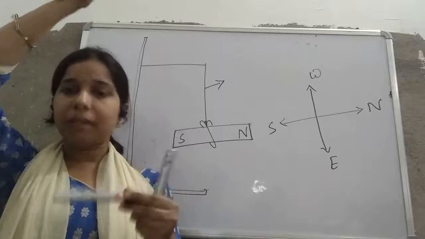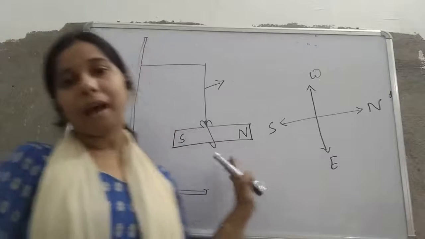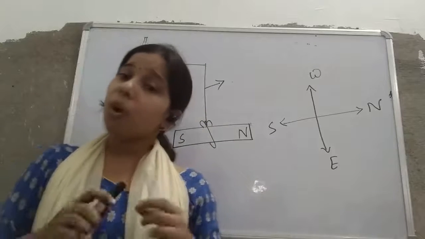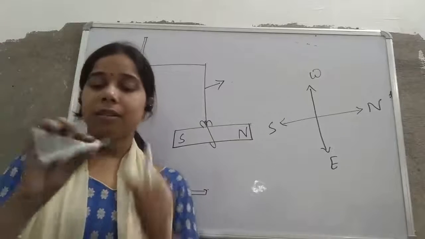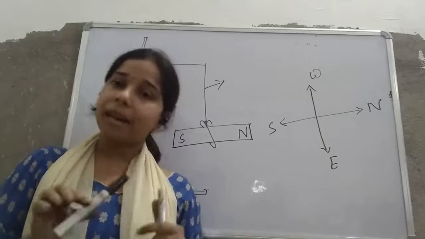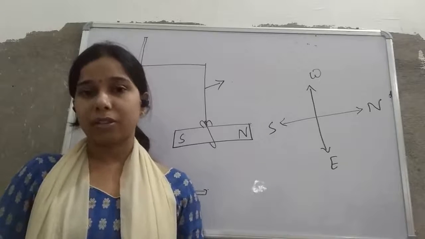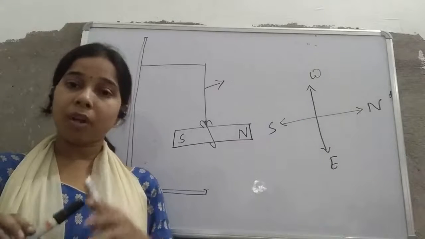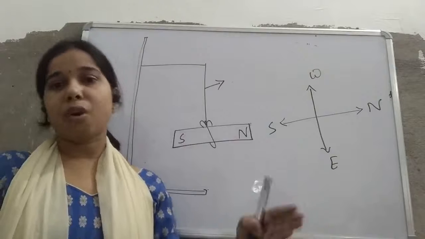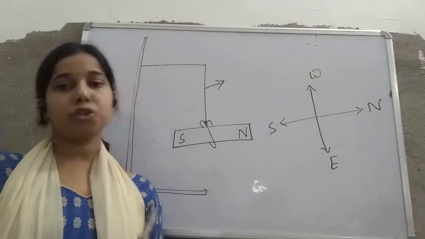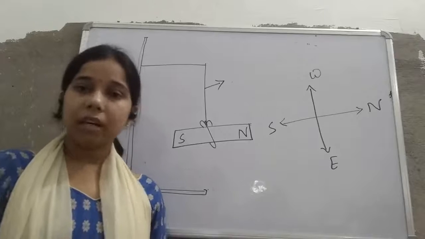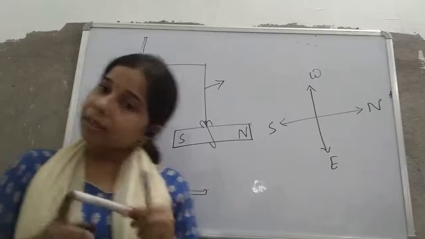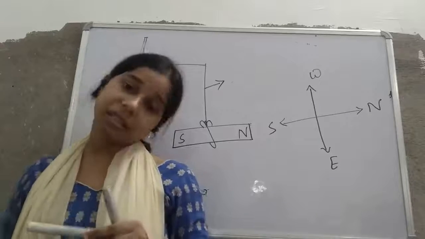Okay, without disturbing it. So when you suspend this bar magnet freely, tied with a string, with a thread, you will always see that this magnet aligns itself in the north and south direction. So one end of the magnet shows the north. It means it will always align in the north direction of the earth, and that end which shows the north direction of the earth, we call the north pole of the magnet, and the other end of the magnet shows the south direction of the earth.